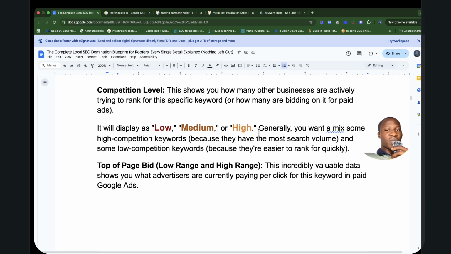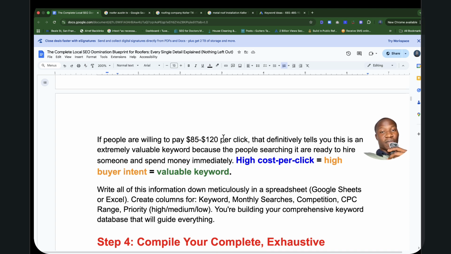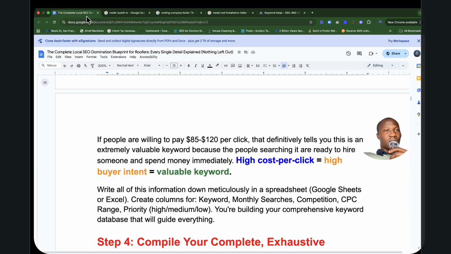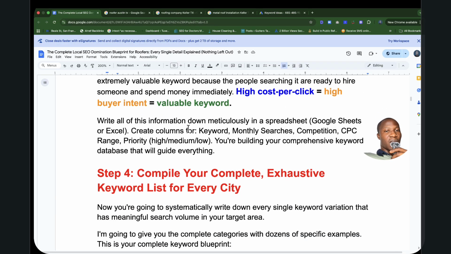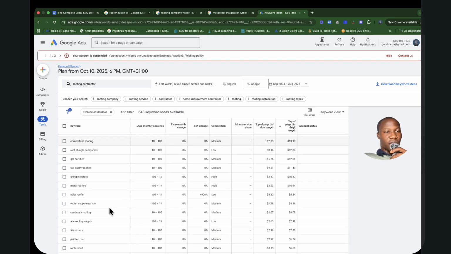They are displayed from low, medium to high. And you can see the range from 85 to 149. At the time of this video, I just saw 120, but now, as you can see, it's up to 129, 140. So it's something you should look at. And this drives you down to the most valuable keywords. It tells you how valuable these keywords are and why you should be targeting them. So these are the keywords you want to be looking for.